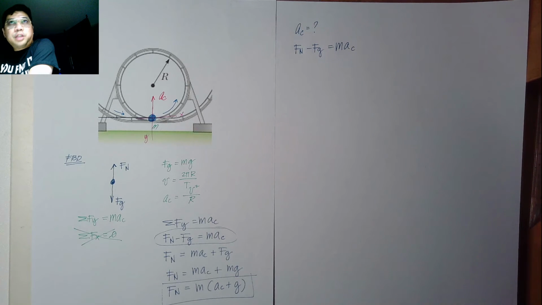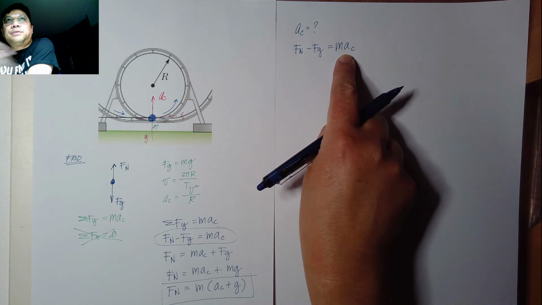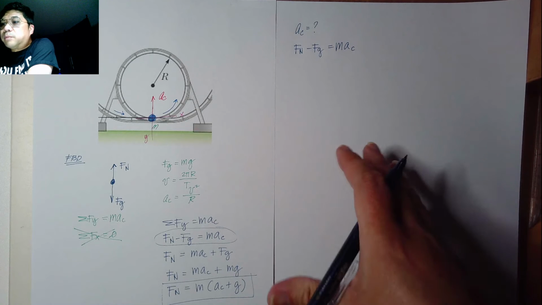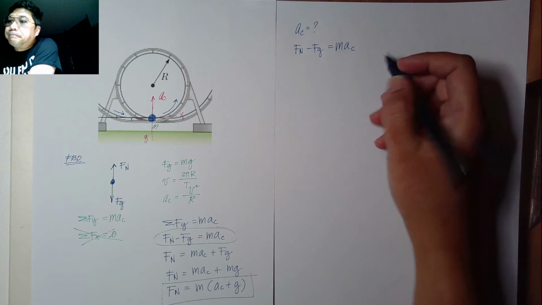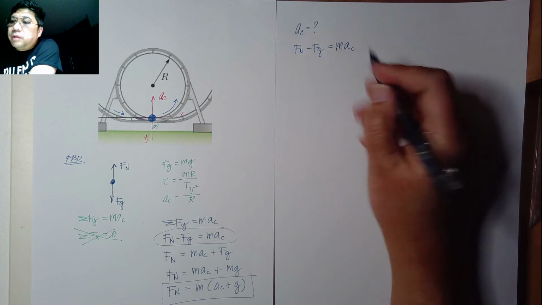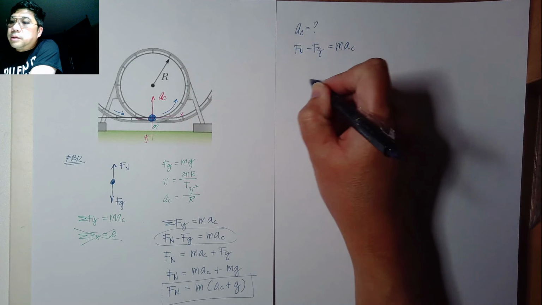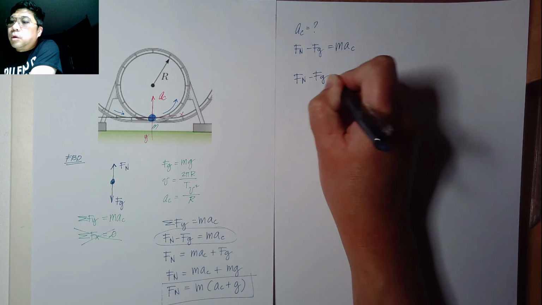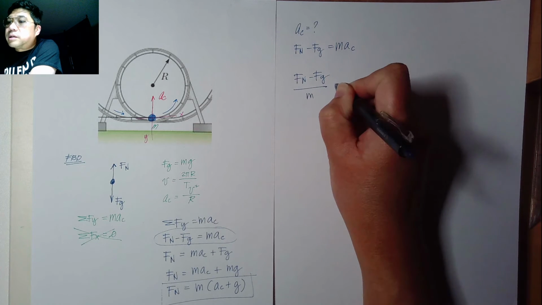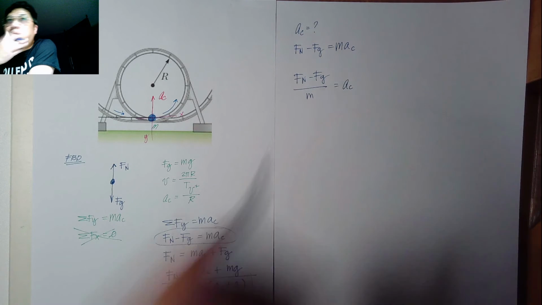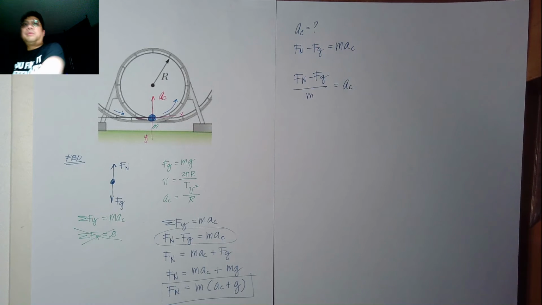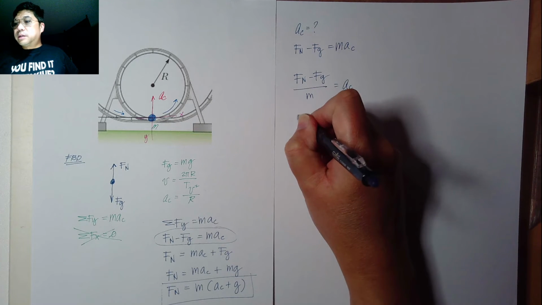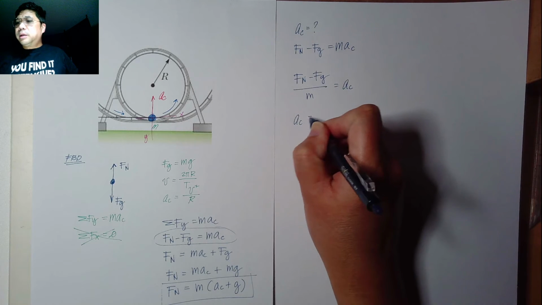Mac, right, so mac. So now let's divide both sides by m, giving us the centripetal acceleration. So that is Fn minus Fg over m, giving us centripetal acceleration ac. Now it looks better if we place our acceleration on the right side of the equation, definitely. So we'll place it here, ac, which is Fn